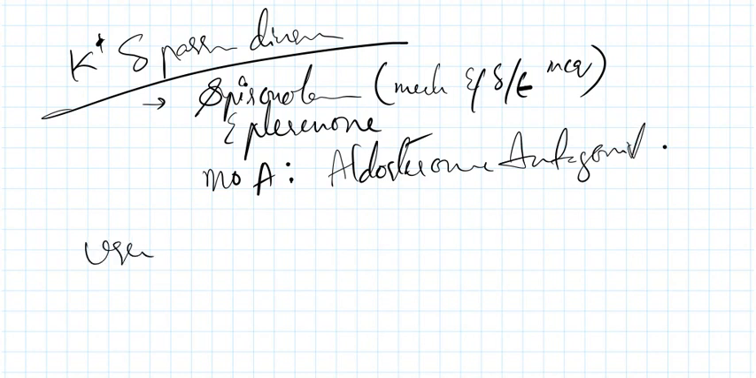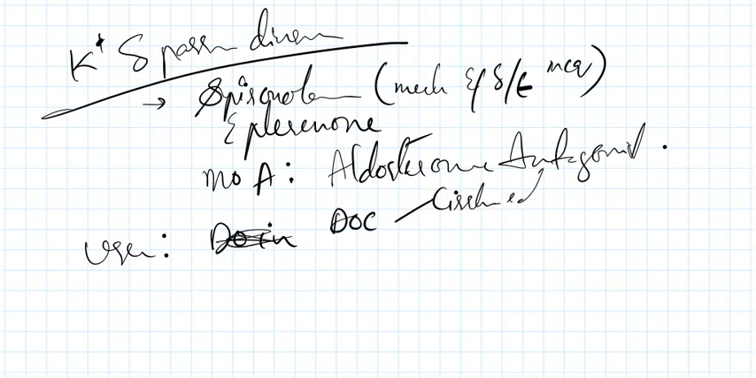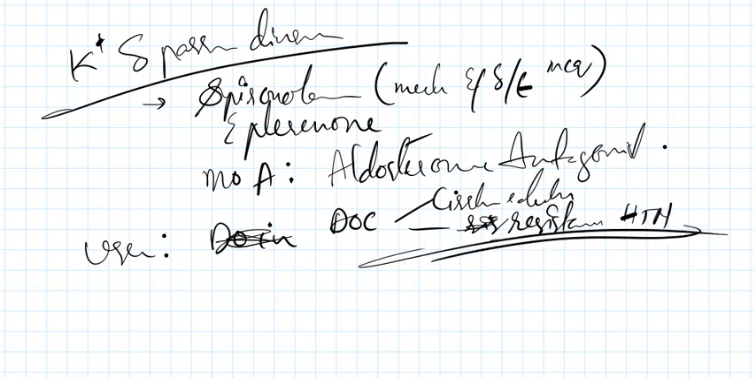What are the uses? Drug of choice in cirrhotic edema. Right? Edema. Then resistant hypertension. Guys, this is a very important point. It's a drug of choice in resistant hypertension. Potassium sparing diuretics are the drug of choice in resistant hypertension as well as cirrhotic edema. Now coming to the next thing, that is